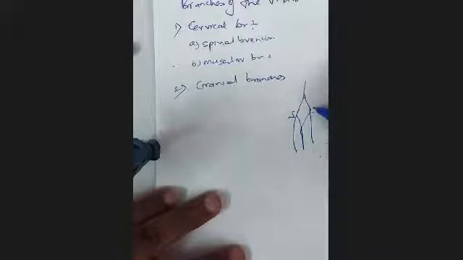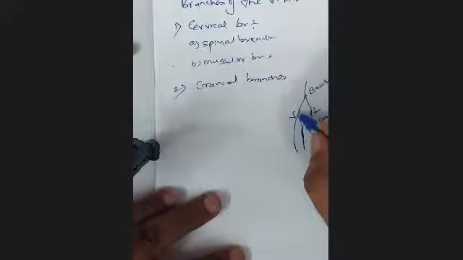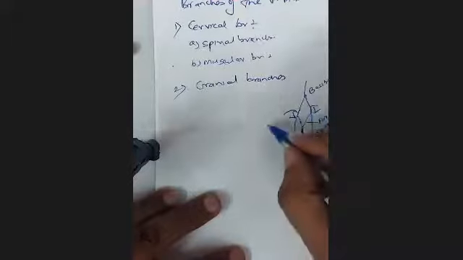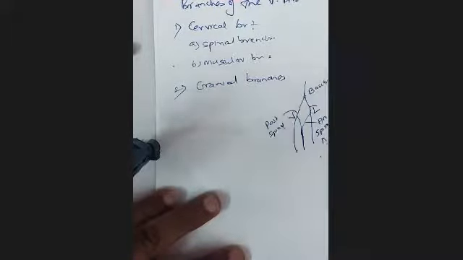So this is one vertebral artery, this is the other vertebral artery, and this is the basilar artery. And this is the anterior spinal artery. Two anterior spinal arteries again unite with each other to form a single anterior spinal artery. And so there is the posterior spinal artery. So here are the branches of the vertebral artery you already know: anterior spinal artery, posterior spinal artery.